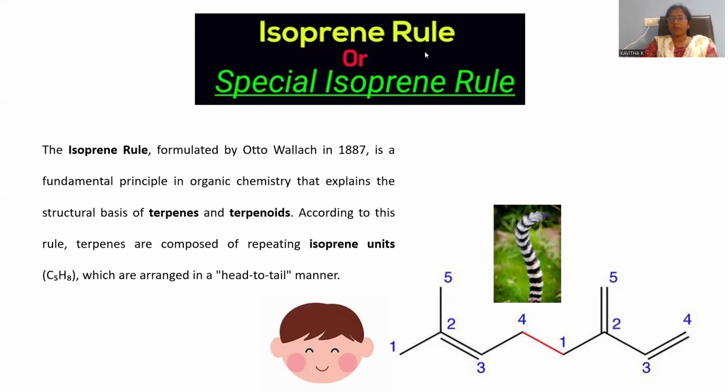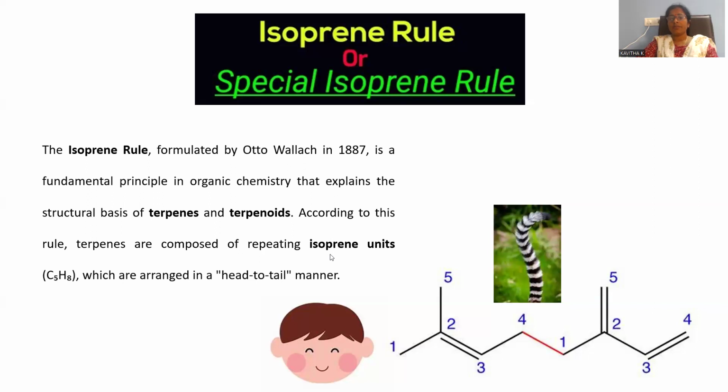This is a special theory. According to this isoprene rule only, we have to combine all the isoprene units, and then only a proper chain will be generated. The isoprene rule was formulated by Otto Wallach in the year 1887. It is a fundamental principle in organic chemistry that explains the structural basis of terpenes and terpenoids. The joining of all the isoprene units was first observed by Otto Wallach in 1887. According to Otto Wallach, these terpenes are able to